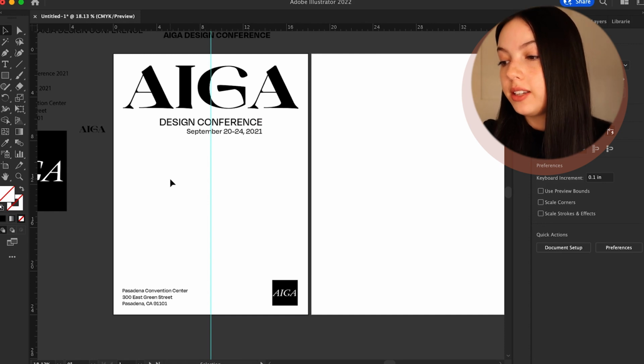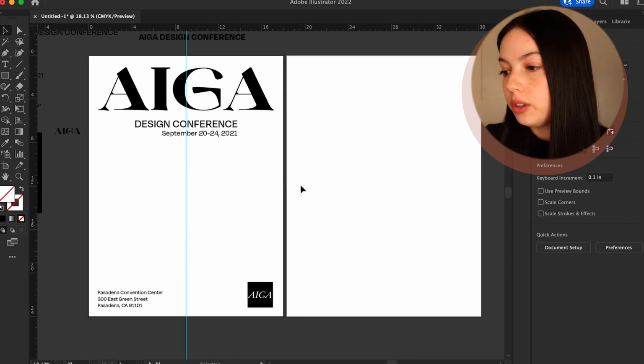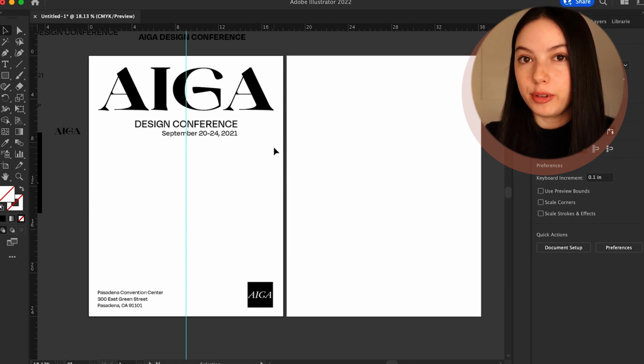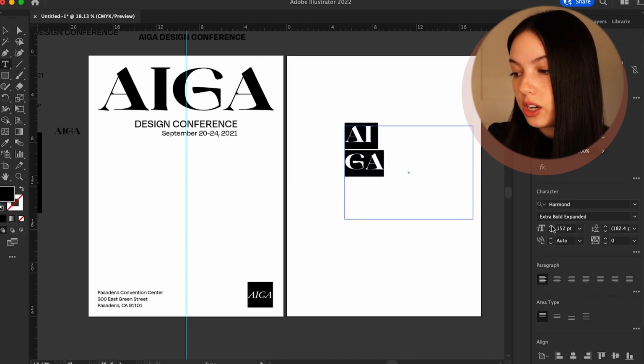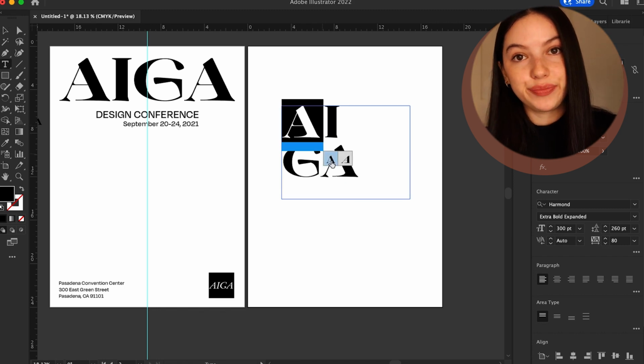Okay, so for this one, it's gonna be a little bit more just laid out like this, kind of magazine-like. And then for the other one, we're gonna do something a little bit different. So let's get started on that, and then we'll get into color and design elements to make everything more interesting. Okay, so we're going to be doing the 2021 and AIGA on this one a little bit different, just to show a little bit of a more dynamic design.